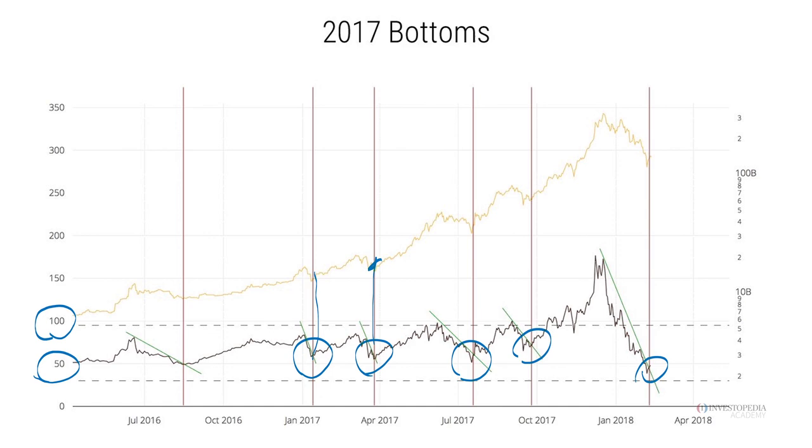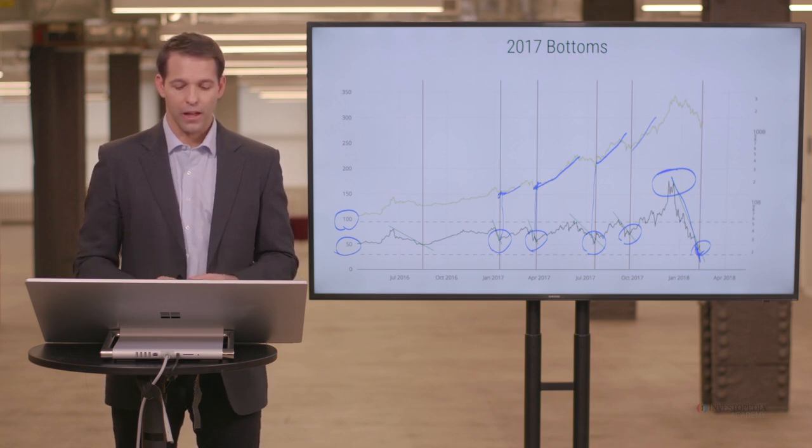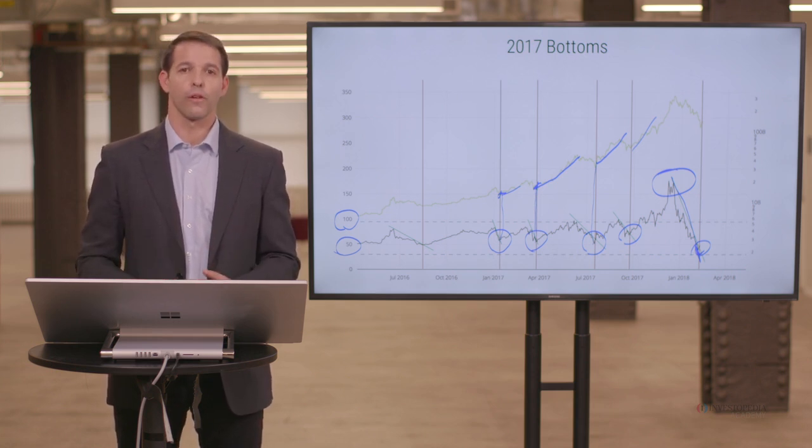So if I line these up, here's the first one, which produced a rally. Here's the second one, which created another rally. Here's the third one, which led to another rally. And this didn't drop all the way down to 50, but there was also another rally. Now, when we had this super high in Bitcoin in late 2017, the network value to transaction climbed as high as 175. And then since then, it's sold off. So most recently, the NVT has dropped below 50, and we'll see if this produces some sort of recovery in the future.